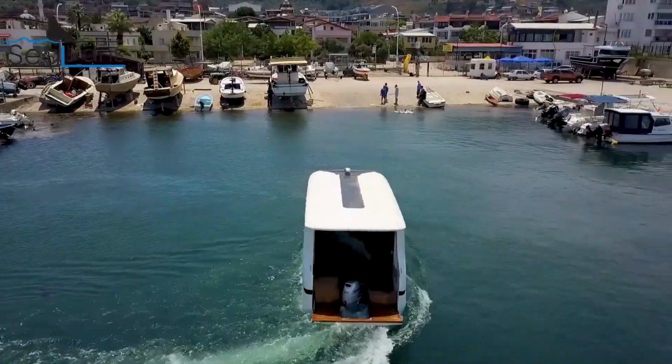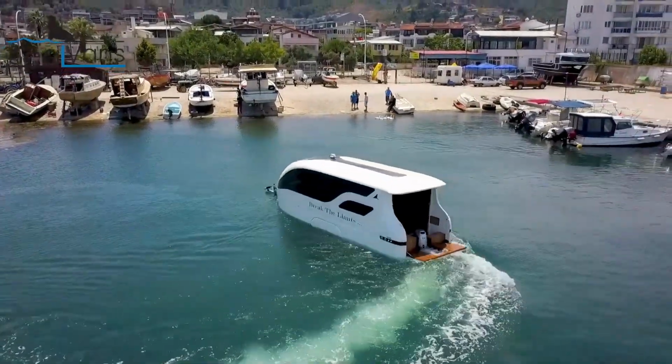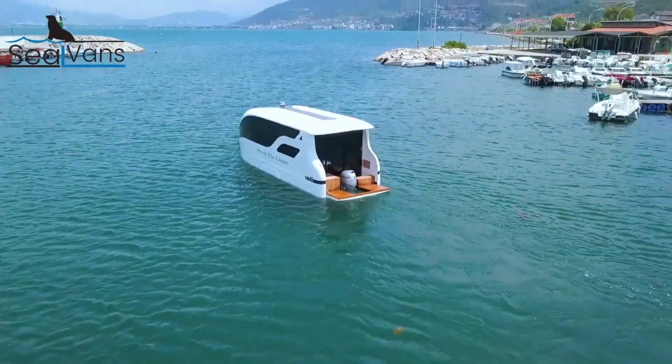It resembles a conventional double-axle caravan on land, but its contemporary aesthetic becomes apparent with the inclusion of a panoramic